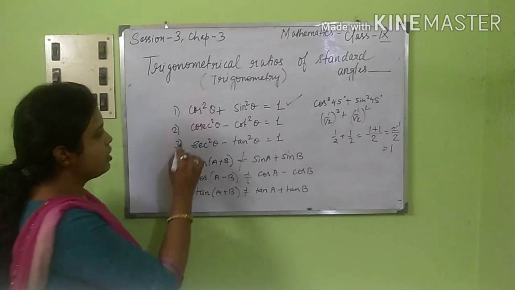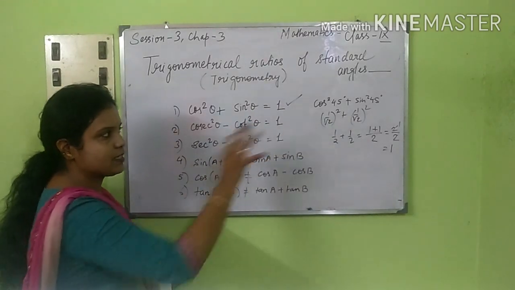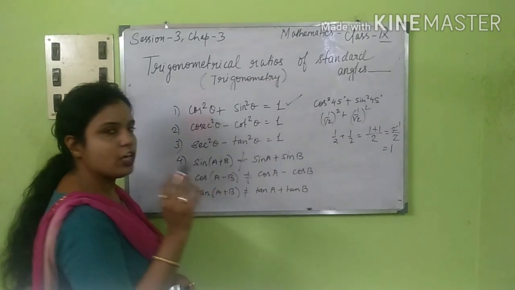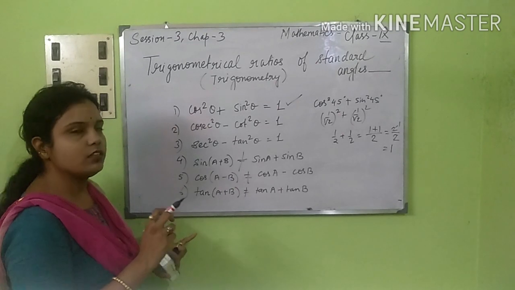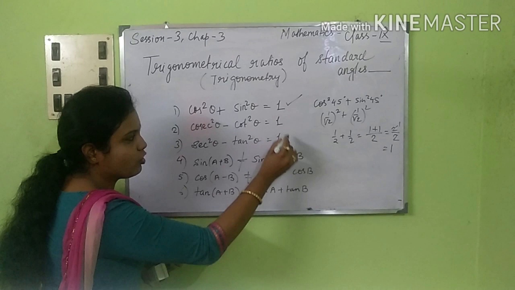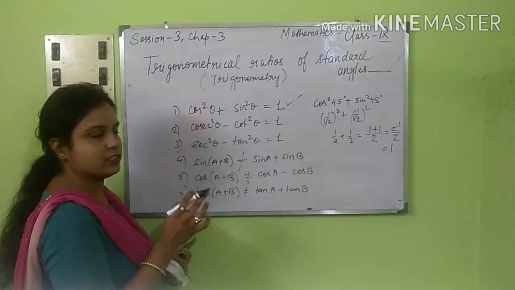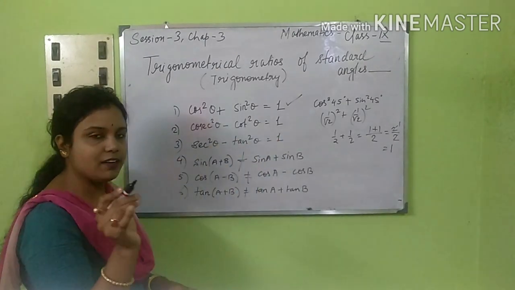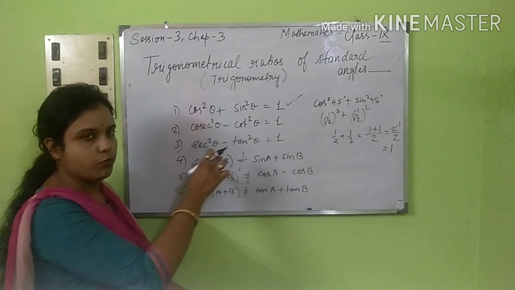Next, cosec square theta minus cot square theta equal to 1. Here also if you take such an example, you will get 1. Next, sec square theta minus tan square theta equal to 1. You remember the last class, in the trigonometrical ratios, when I was going through some of the values, I found this particular one and got the result as 1. If you go through the video, you can check it. There I solved one such example where I got the answer as 1. That means this particular formula also holds.